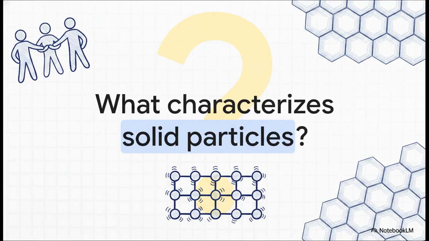Let's test your memory from the party with one last formative check. What is the characteristic of solid particles as seen in its particle model? Think about linking arms with your classmates. The answer is, in a solid state, particles are arranged in a rigid structure, vibrating in place with minimal space